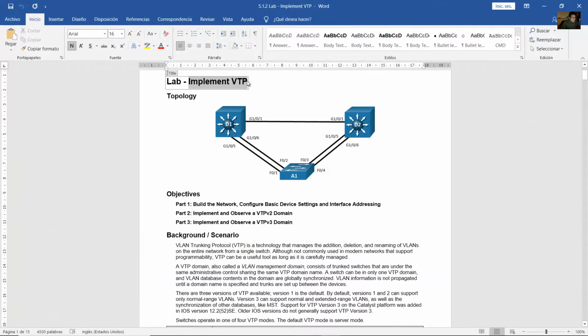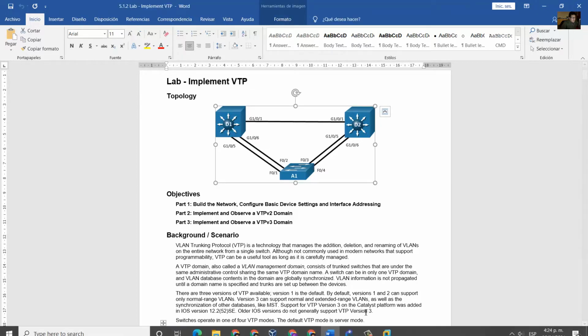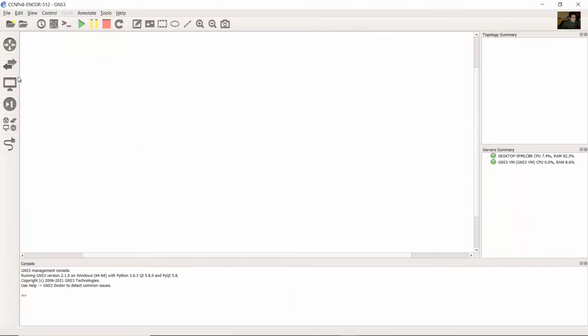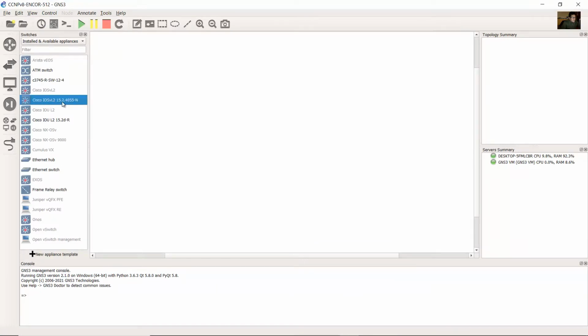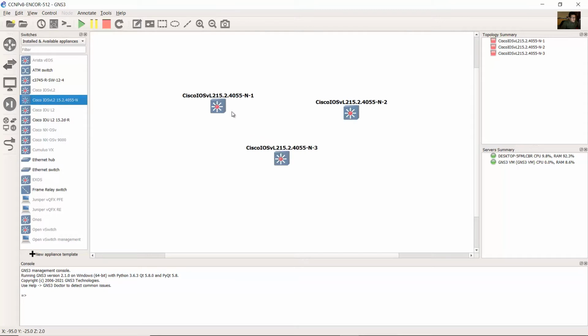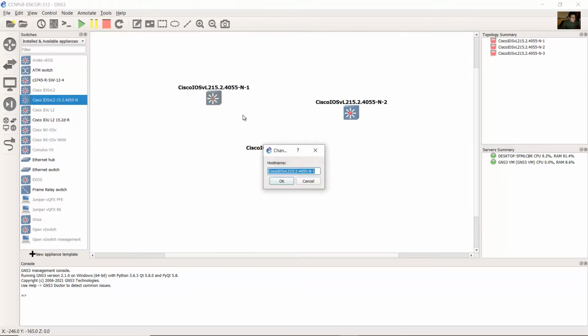Implement VTP, VLAN Trunking Protocol. This topology has D1, D2, A1. I will use image IOS vL2, 3 devices, change the host name to D1, D2, A1,